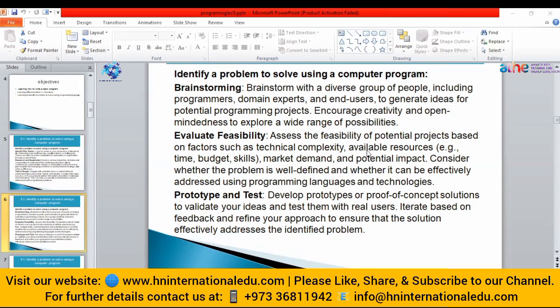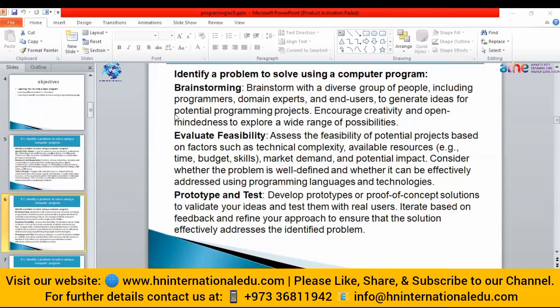Then you will evaluate the flexibility, whether my plan is flexible enough or not. That covers the budget: you decide that in this budget I will purchase the domain name or the hosting. It also covers the skill set that is required, and whether I can hire a person to do this job or not. So in this way, you check whether your plan is flexible or not.